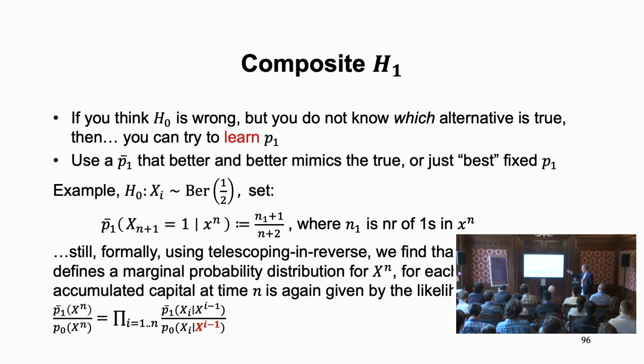Now, once you start doing this, you can start thinking in reverse. Every time I have some probability of the next outcome given the past, I can multiply all of these, and that defines a distribution for all sequences. It defines, by reconstructing, a marginal distribution over all sequences of every length. Normally, if you have a marginal distribution, you can write it as a multiplication, giving a sequence of conditional distributions. Here we do the opposite. We start with the conditional distributions, they're just our strategy, and we reconstruct a marginal distribution, which I denote by a bar. Now the question is, what is this marginal distribution?